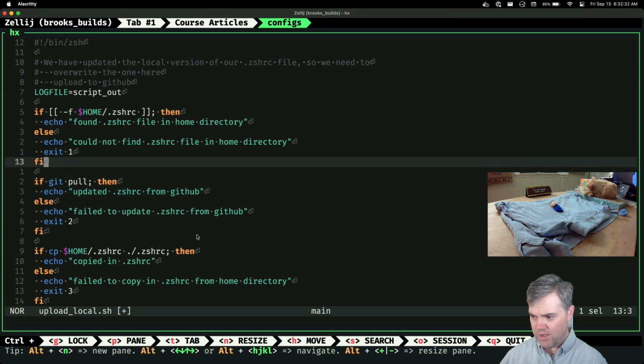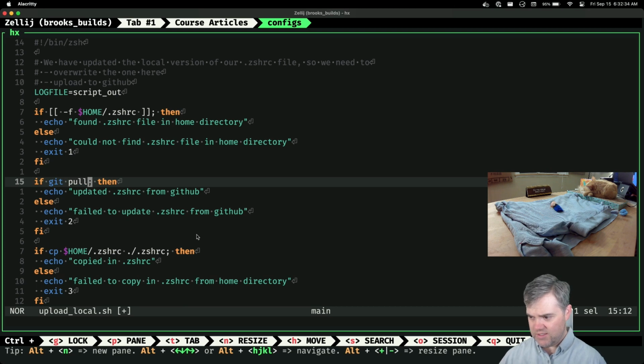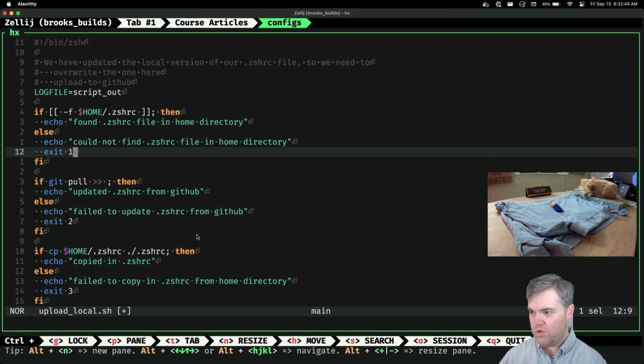Okay, so for all these things, I want git pull, and let's update this.